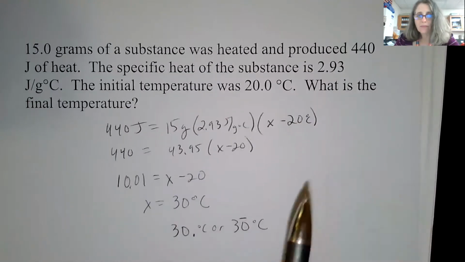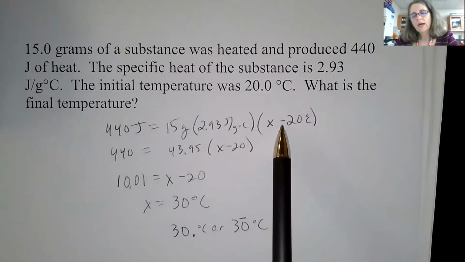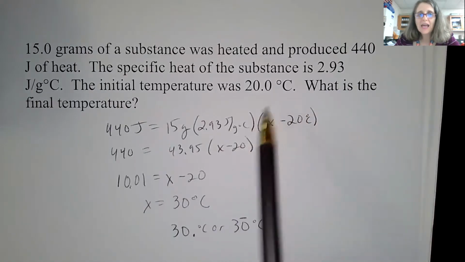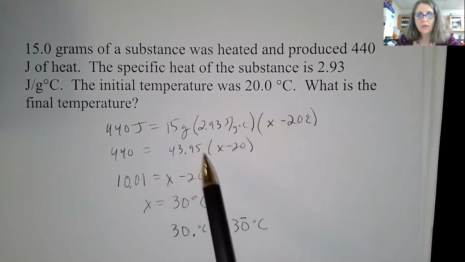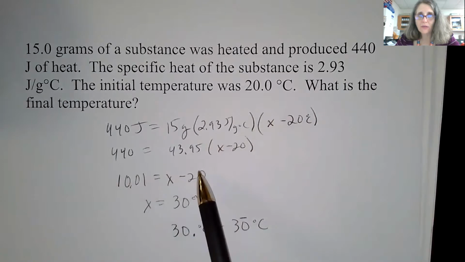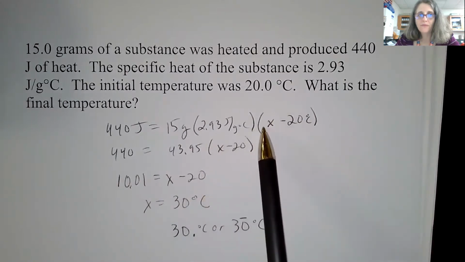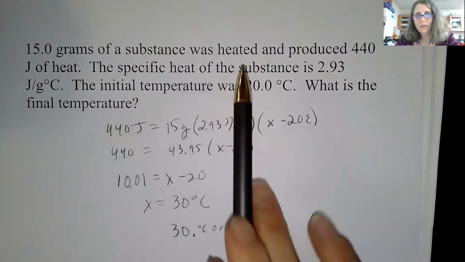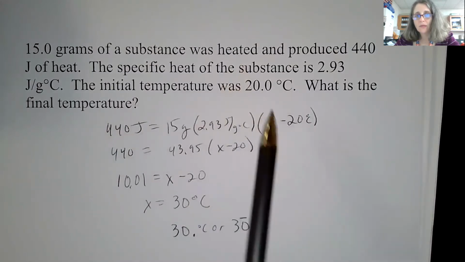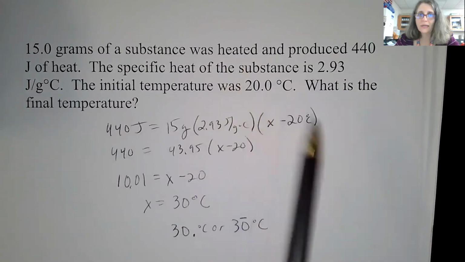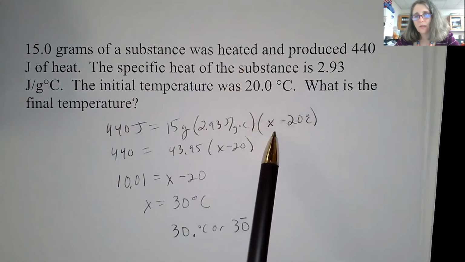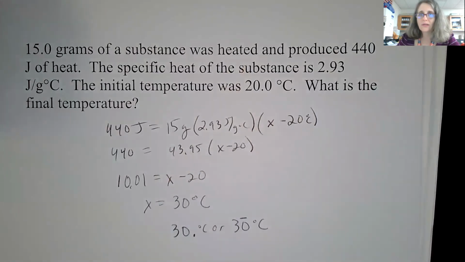So with these types of problems, you could also solve this whole part of the equation as X. And then what you could do is then when you get the X here, then you could just figure out, okay, am I adding or subtracting from that. And so again, the final temperature, because I'm heating it, the temperature is probably going to go up. So obviously, you know that the temperature is probably going to be greater than 20. You can make this your whole X in terms of your algebra if you wanted to do it that way, but the more correct way is to do it this